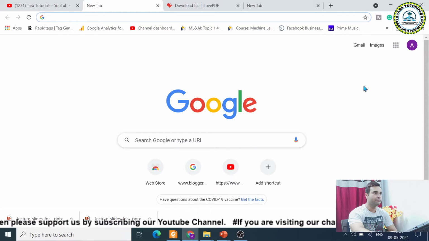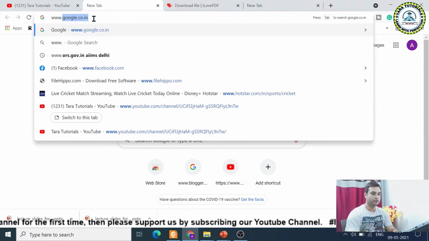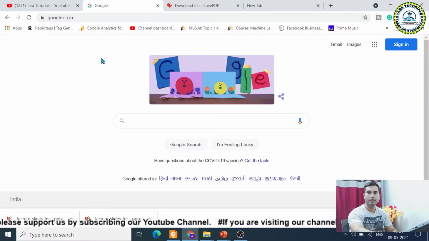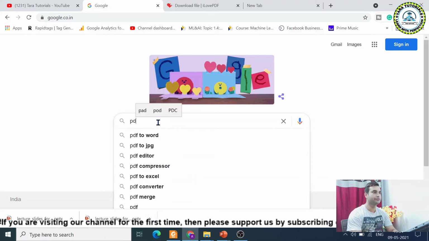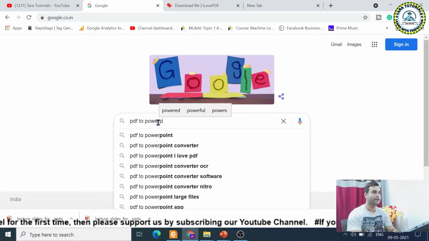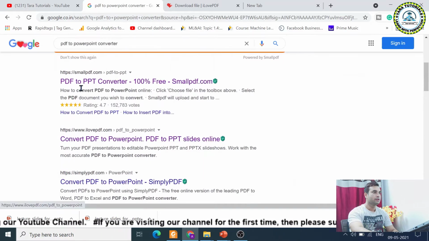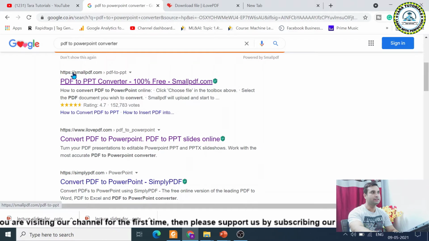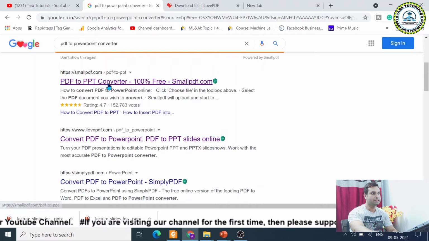First of all, open any browser in your computer and then go to the Google search box and here you type PDF to PowerPoint converter. Here you will see the two websites. One is smallpdf.com and another is ilovepdf.com. These two are the best websites which I have found for converting a PDF document into